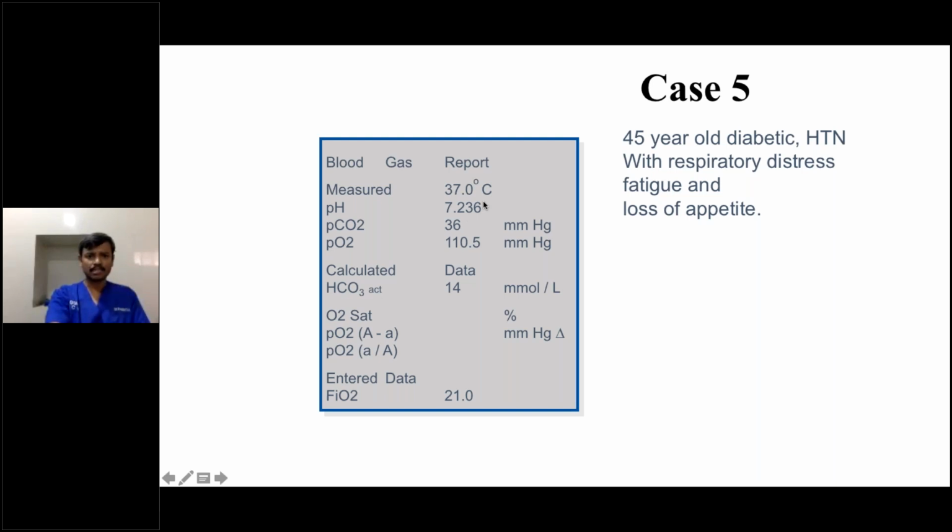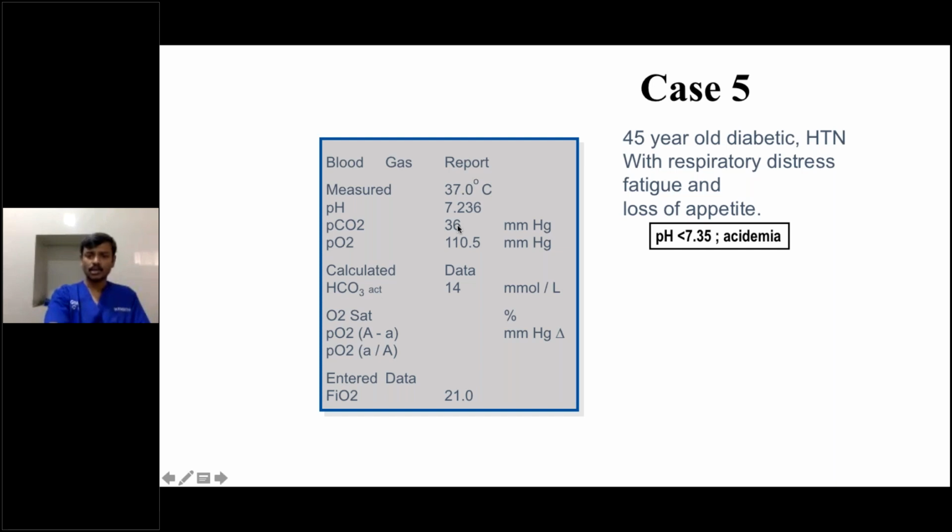First we'll go to the pH. pH is less than 7.35, looking like an acidosis. Look at the carbon dioxide, it is not high, so it is not a respiratory acidosis. Look at the bicarbonate, bicarbonate is low, less than 24, so it is a metabolic acidosis. The moment we know metabolic acidosis, we have to calculate the expected PCO2, to look at whether adequate compensation is there or not. So expected PCO2 is 1.5 times the bicarbonate plus 8. This is Winter's formula.